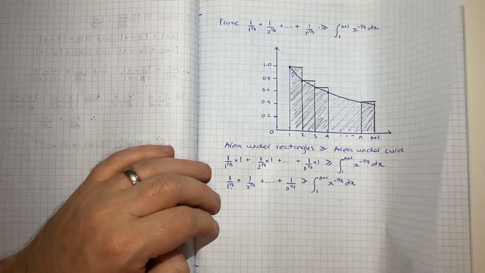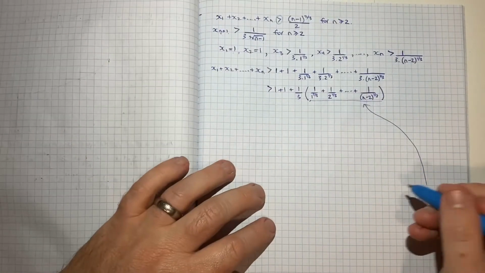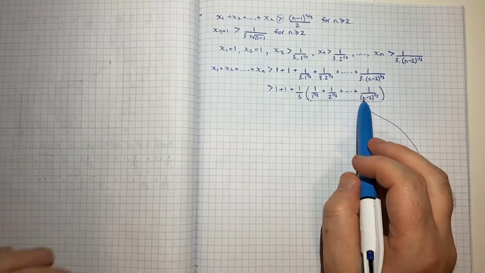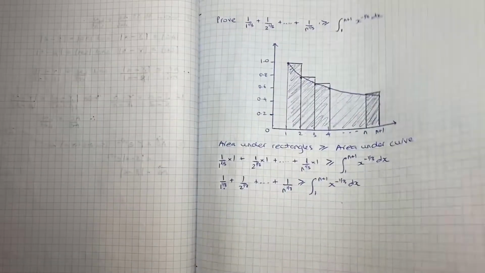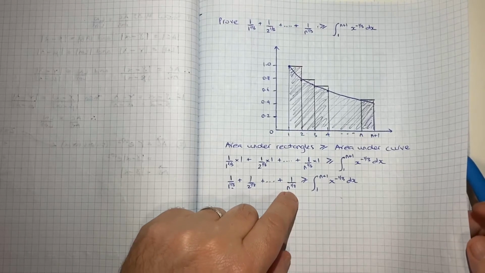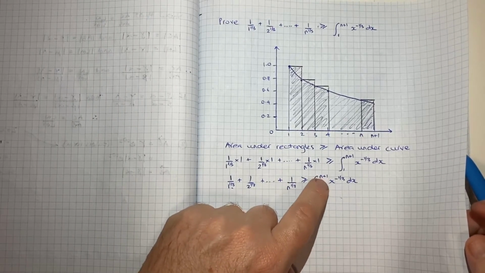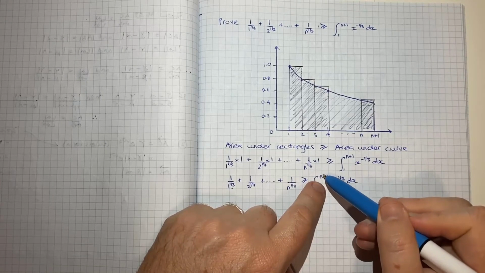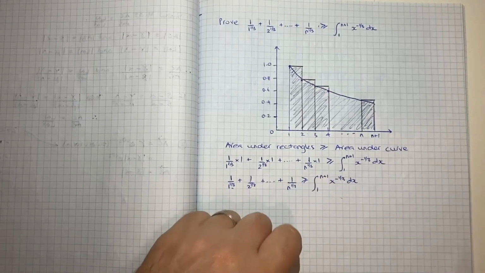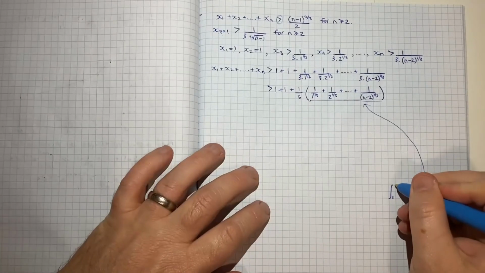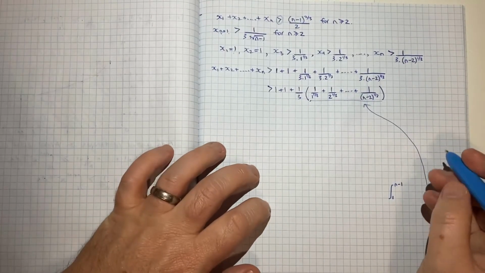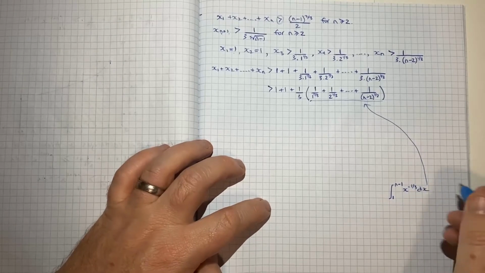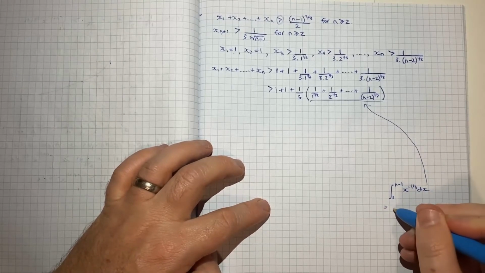So let's just work out that integral. So we're going to be looking at the integral from 1. Now if we're going up to n minus 2 here, and this went up to n, and this was n plus 1, so if I insert n minus 2 into there, I get n minus 2 plus 1 is n minus 1. So the integral I care about goes up to n minus 1 of x to the negative a third dx. So let's just evaluate that, which is equal to,